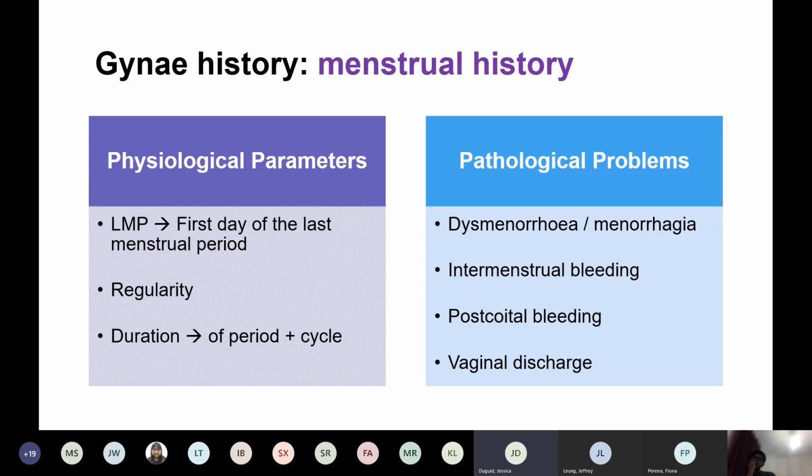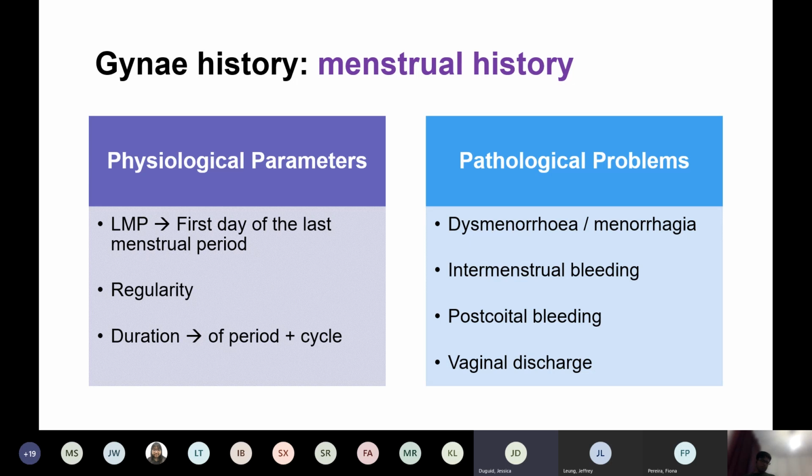So the other part is the pathological problems. So this is, well, dysmenorrhea and menorrhagia. Can anyone tell me what either of those mean? Yep, so menorrhagia is heavy bleeding,